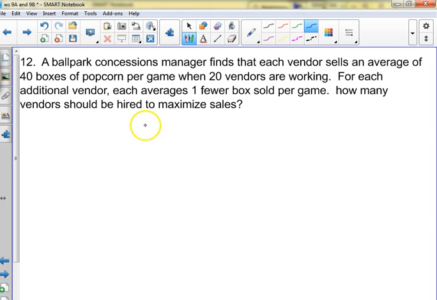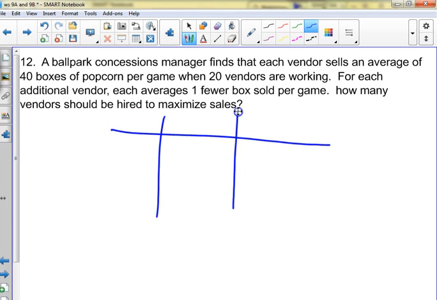Ballpark concessions manager, find set of vendors, okay. So when 20 vendors are working, they sell 40 popcorn per game, which is 800 boxes sold. For each additional vendor,